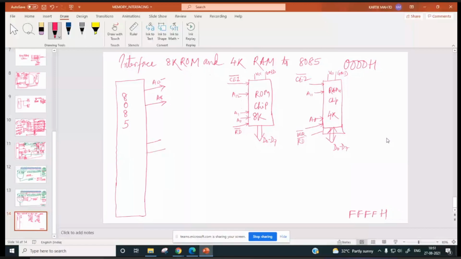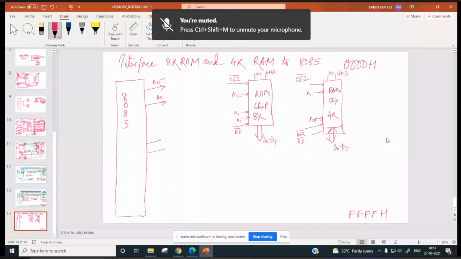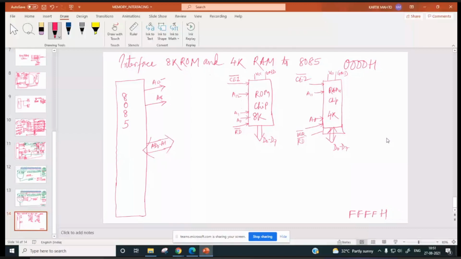A latch will be here, and this will be ALE. From this latch, A0 to A7 will come out. Right. Next, read bar, write bar.